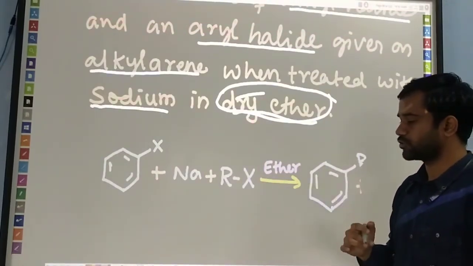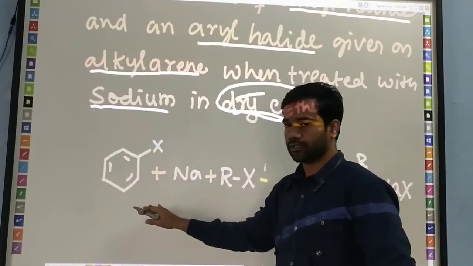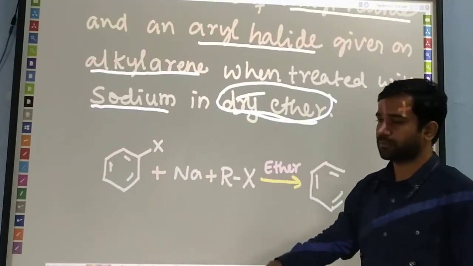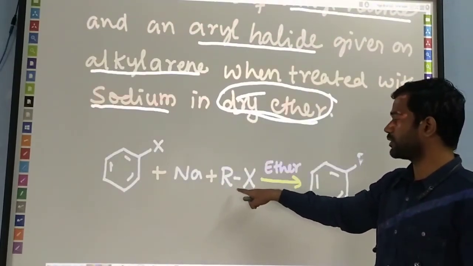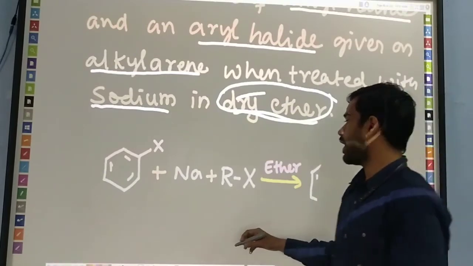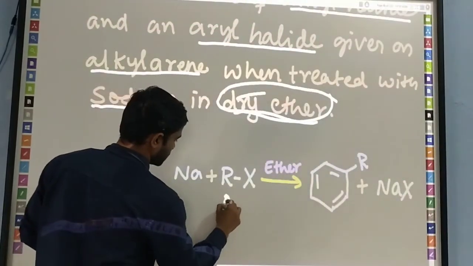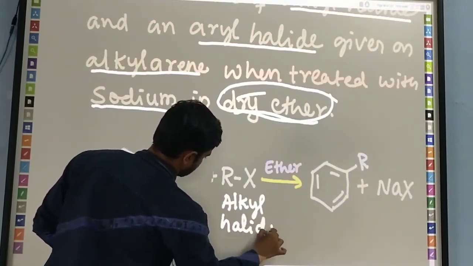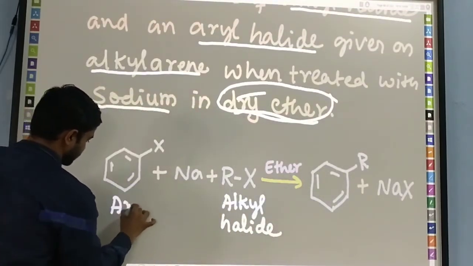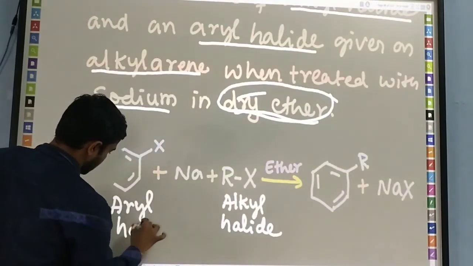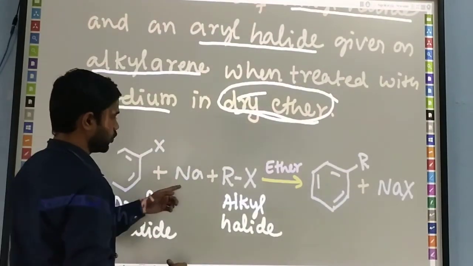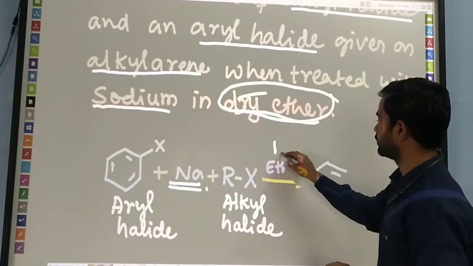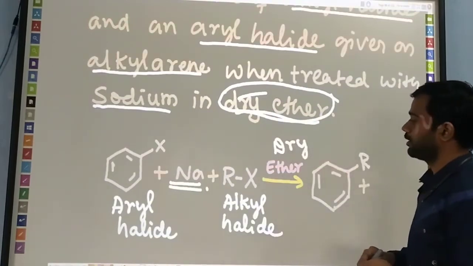Let's discuss what reaction is going to happen here. We have taken the general reaction here. Halogens we are having, in the presence of the sodium element, as I said here. This is our alkyl halide, and this is our aryl halide, in the presence of sodium metal, in the presence of what? Dry ether. Dry ether is going to be present.